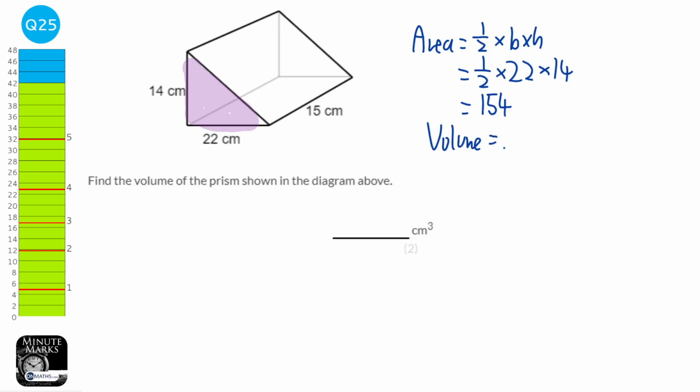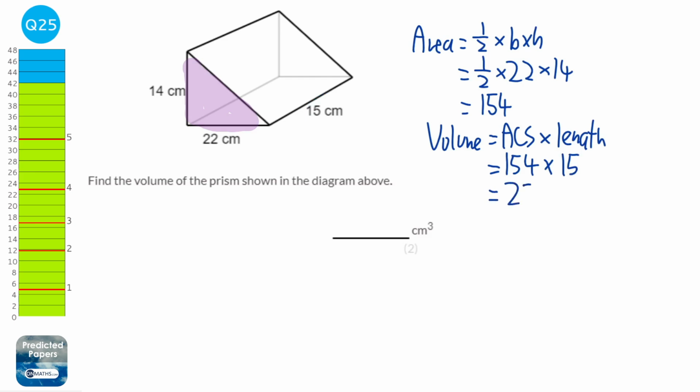So the volume is the area of the cross section times the length. So the area of the cross section we've just found out is 154, and the length is basically how 3D the shape is. So that's going to be 15. So the answer is 2,310